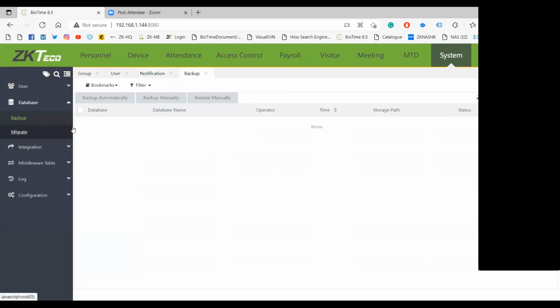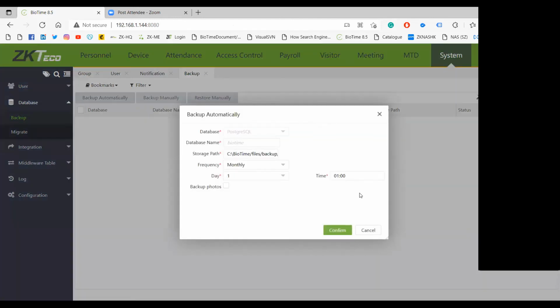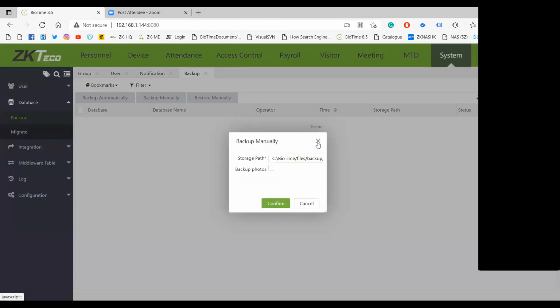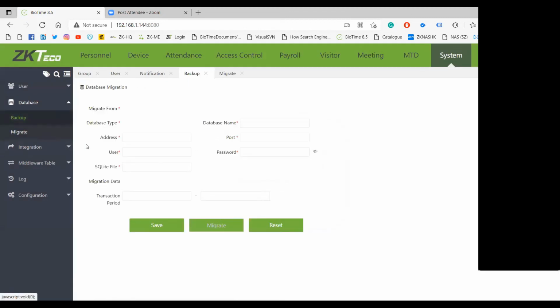Okay, then we have the database backup: restoring, backup automatically, backup manually. Automatically, when you schedule this daily at a particular time, the setting is done, and the backup will be automated and saved in the particular folder. For backup manually, you will have to choose it manually.